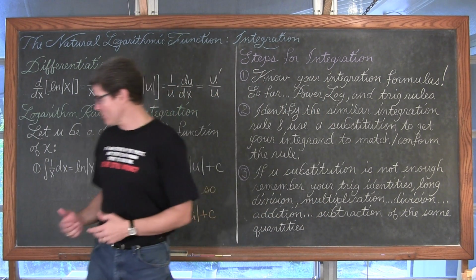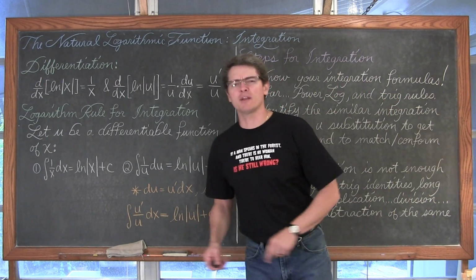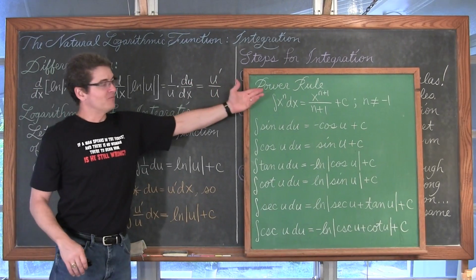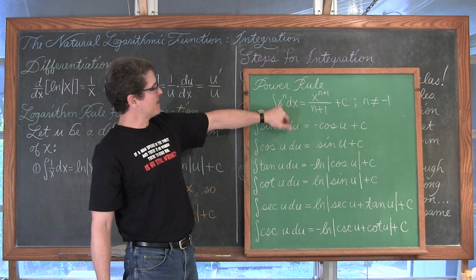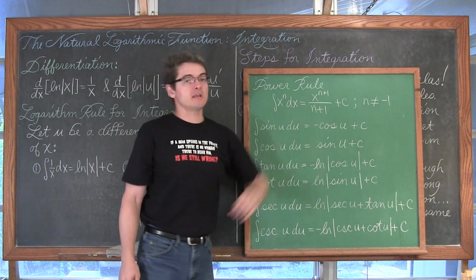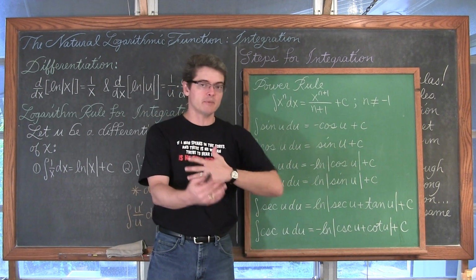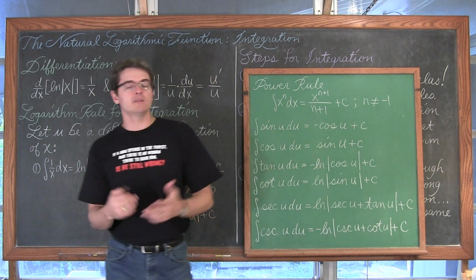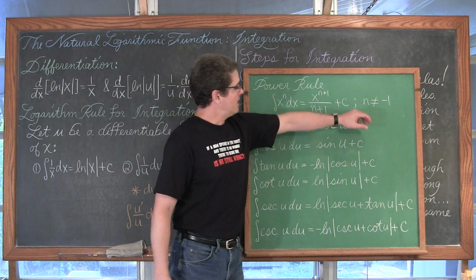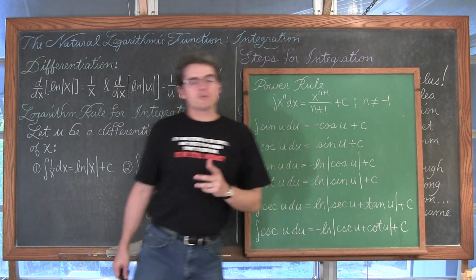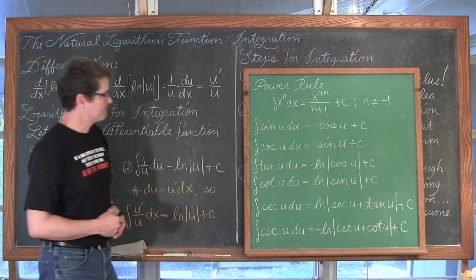Now, I don't have our trig rules up here, so let's pause and get that, because if I move right now, all the chalk's going to fall off. Voila, reminder, the power rule for integration. The indefinite integral of x to the n dx is equal to x to the n plus 1 divided by n plus 1, but of course we've discussed, when we talked about setting up for finding derivatives of natural log functions or functions with natural log within them, that n cannot equal negative 1 because we'd be dividing by 0.